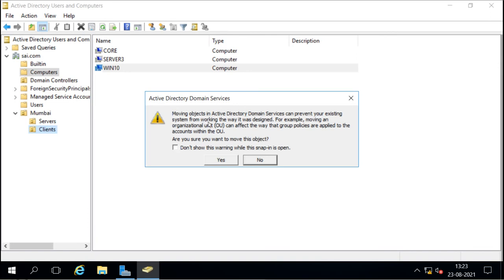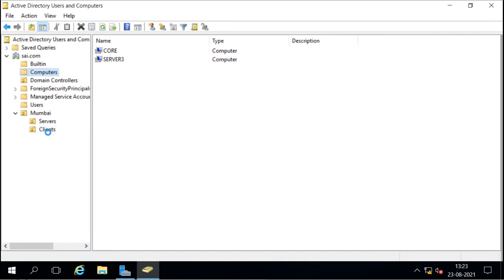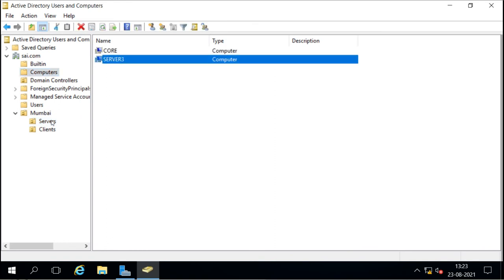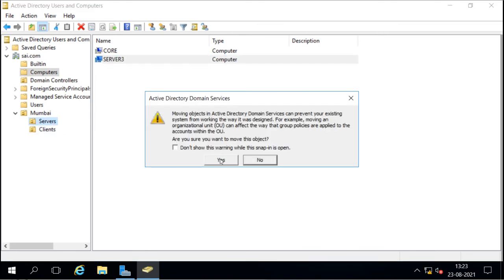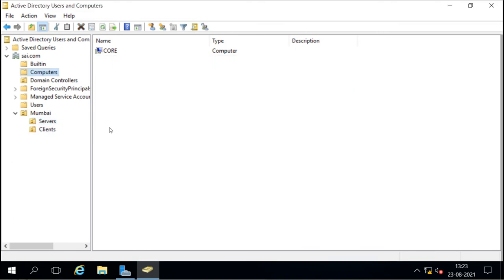When you move it, it will warn that the group policy of that OU will be applied to the object. You say okay, I know that, and now you will see the account is moved from the default container to the client container. And for servers, for example we have server 3, I want to move it here, so I will move it to this OU. If we already have an account, we can move it here.